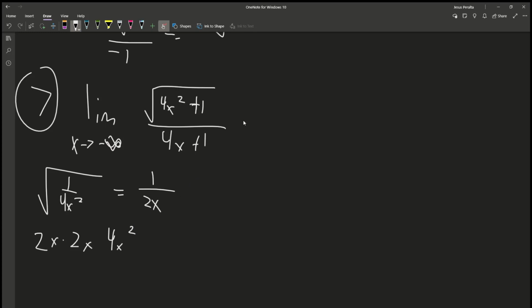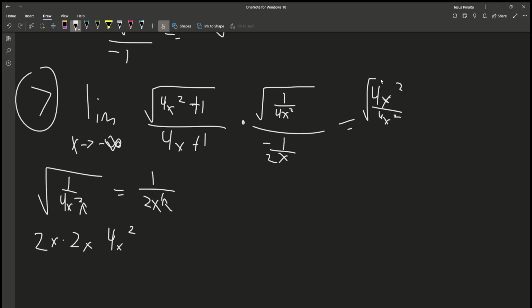So we are going to multiply by the square root of 1 over 4x squared over 1 over 2x. And this is a negative because it goes from an even number to an odd number, and because it's negative infinity. So we're going to multiply. We're going to get the square root of 4x squared over 4x squared plus 1 over 4x squared, over negative 4x over 2x minus, that would be